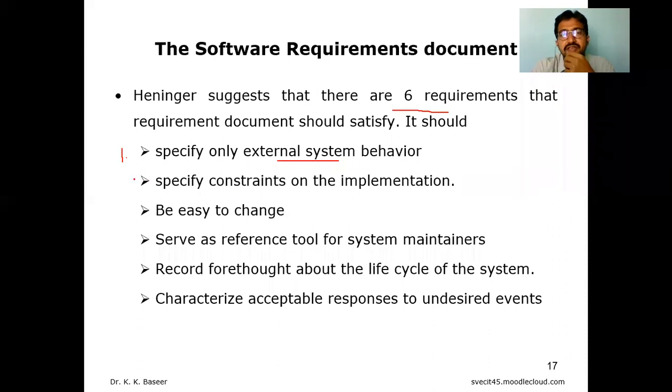The second thing is it has to specify the constraints. When you talk about constraints, definitely it deals with non-functional requirements, right? So constraints on the implementation have to be defined or specified clearly. It has to give a chance to extend the work, so that it is easy to change. We can make any changes required at any phase. Easily we can study this document to get an idea of how the project has to be implemented. Like it's a manual.